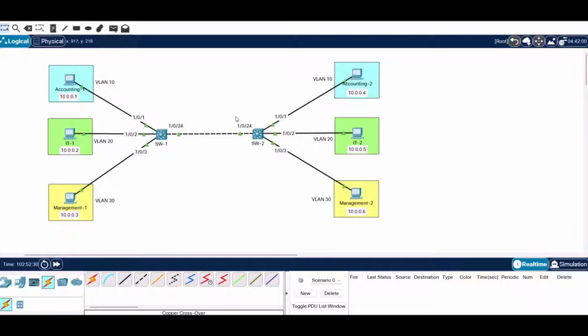In the last video, we learned about VLANs and how they can help us segregate the network at a layer 2 level. In this setup, I've got two switches and I've configured three VLANs, namely accounting, IT, and management. I went ahead and configured the relevant ports to these VLANs. Now what I want is accounting 1 to be able to talk to accounting 2. At the moment, it's failing, and the reason for that is this link in the middle, which is currently on